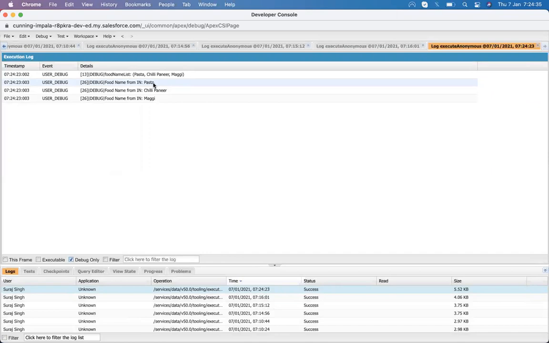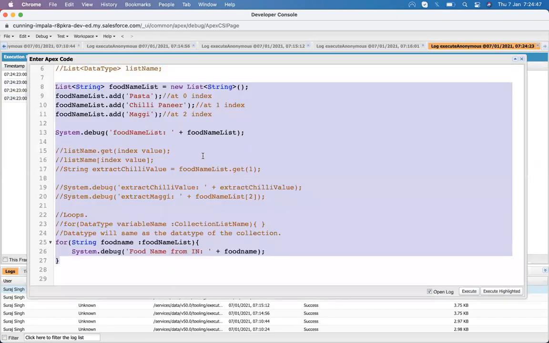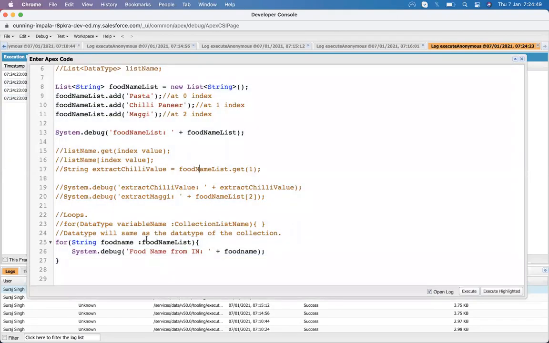The loop will run three times. It will first extract the pasta, then the chili paneer, and then the Maggie. So the loop is just extracting the values one by one and assigning each value to the food name.